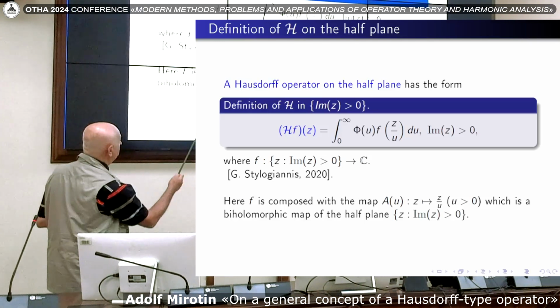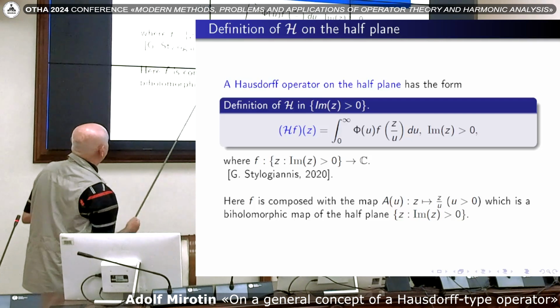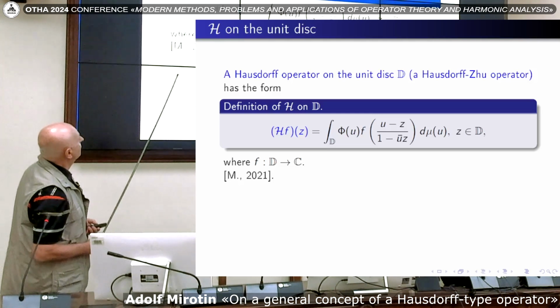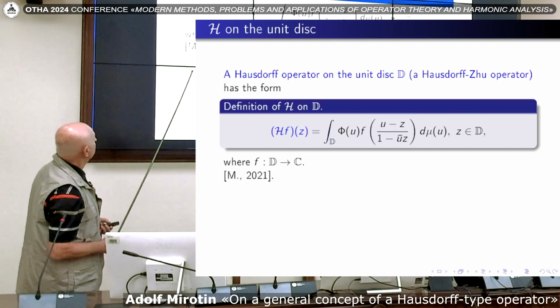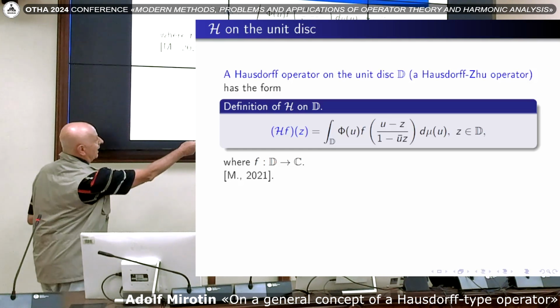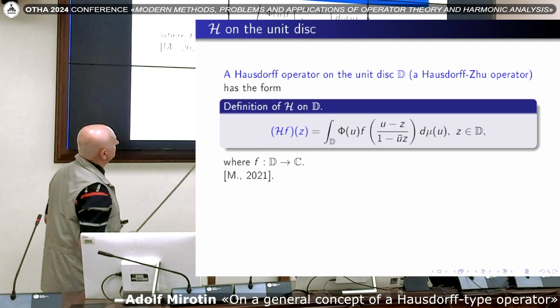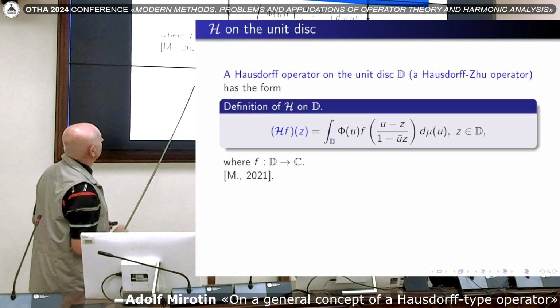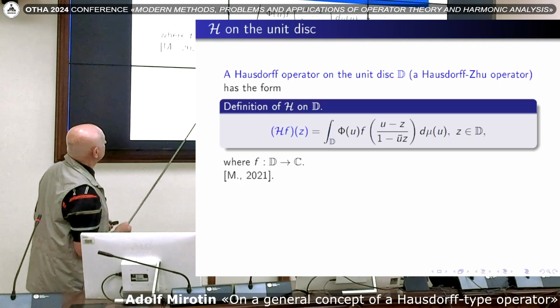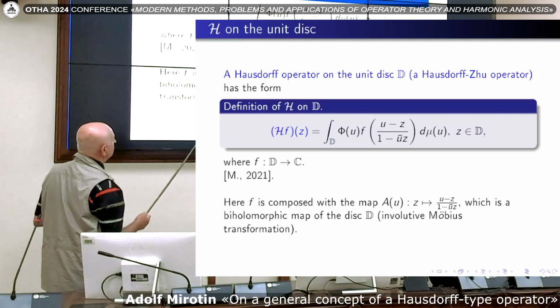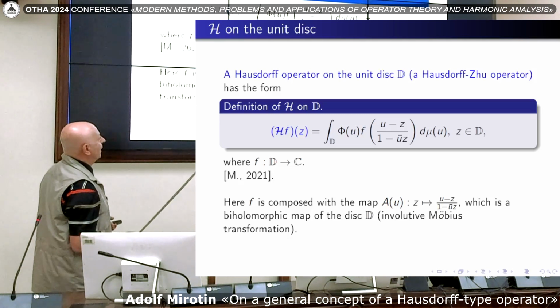In this case, the function f is composed with the following map A of u, which is a biholomorphic map of the upper half plane. And the next example is the so-called Hausdorff operator on the unit disk, or a Hausdorff-Zoo operator. It has the following form: mu is an arbitrary measure on the unit disk D in the complex plane. Phi is a locally integrable with respect to mu function on D, and f is some complex valued function on D. This operator was introduced and studied by me in 2021. And in this case, the function f is composed with the following map, which is called involutive Möbius transformations